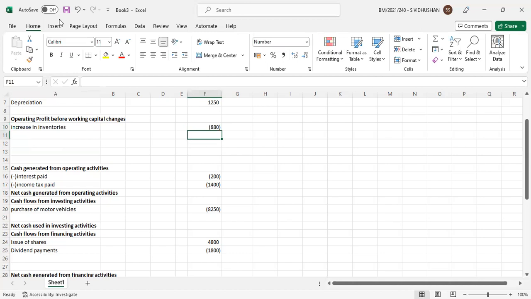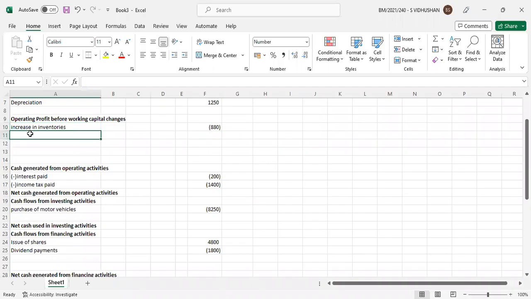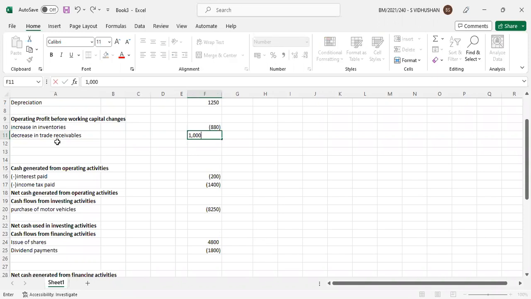Then what is the next one? You can see the trade receivables, opening balance 10,500 and closing balance 9,500. Decrease in trade receivables, that is 1,000. So here you need to show it as an increment, right? Then